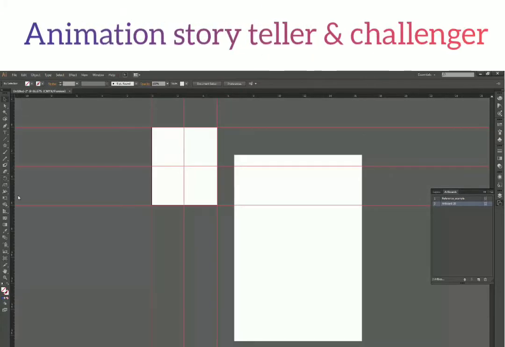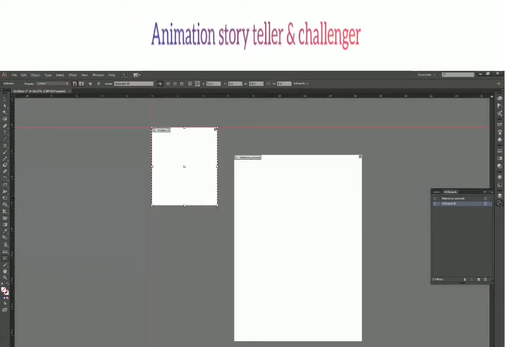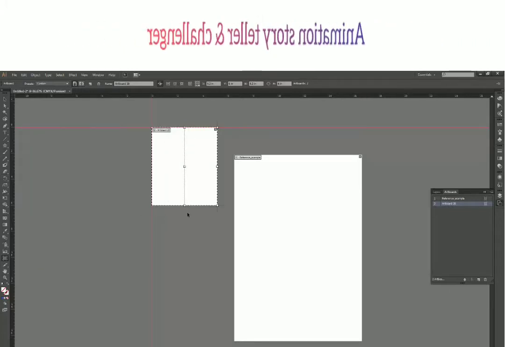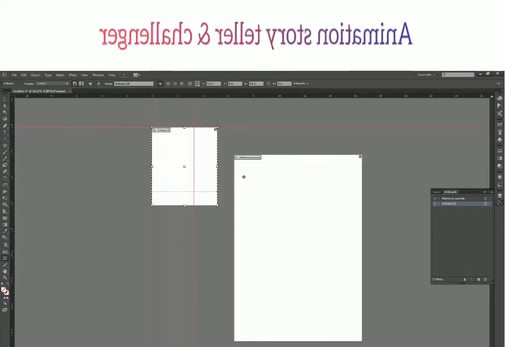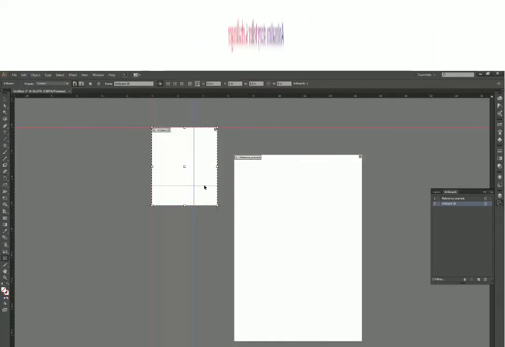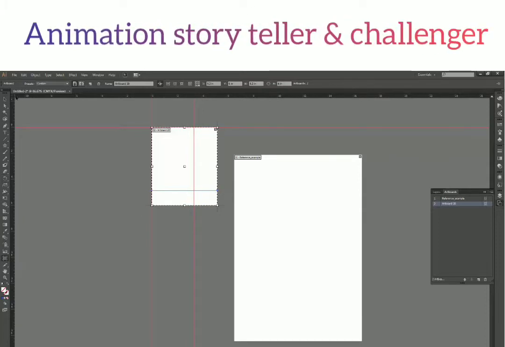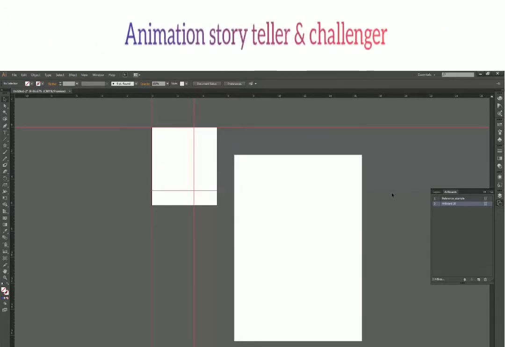Okay. One more thing actually I just did, and I want to address it. When I have my artboard tool selected and I'm just dragging a guide from the ruler, and when I drop it somewhere here, so let's say here, yeah. So you can see that my guide is only limited to this artboard because I have my artboard tool selected. It's not going further on the next artboard.